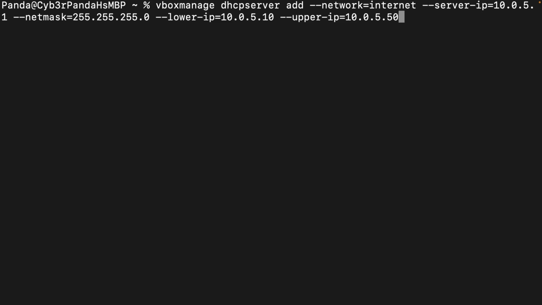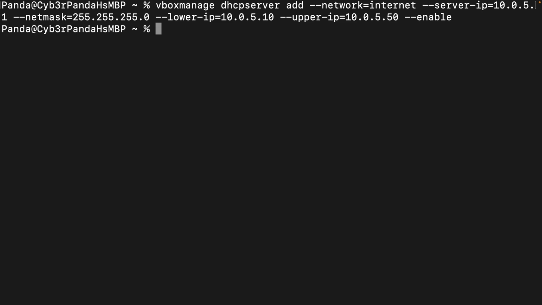Remember that you need to select your own range of IP values, use IP addresses based on your network design, okay? And finally, we need to enable this DHCP server. So we will use the parameter --enable, okay? And then just hit enter,